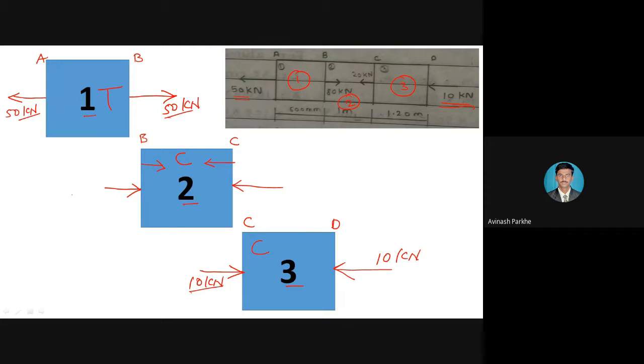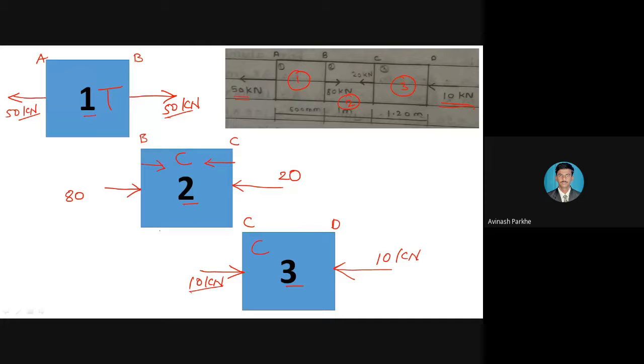how much amount of load is applied on section number 2 to the left side? 80. From the original figure, I am saying from the original figure, how much amount of load is applied? 80 kilonewton. Similarly, to its opposite side, how much amount of load is applied internally on section number 2, which is equal to 20 kilonewton. So 80 kilonewton at the left side, 20 kilonewton at the right side. But here, the magnitudes are not the same: at one side 80 kilonewton is there, at another side 20 kilonewton is there. That means your forces are not balanced for this section number 2.